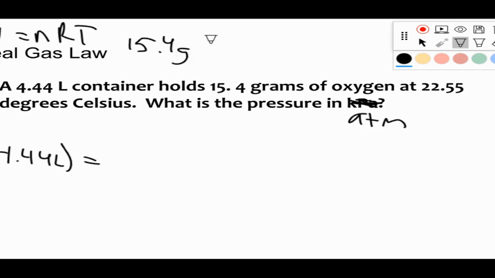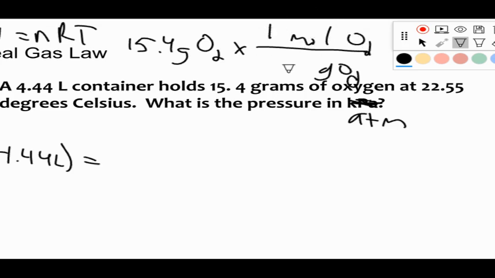So I have 15.4 grams. And when I say oxygen, I'm meaning diatomic oxygen, so O2. If I have grams of O2 here, I've got to cancel with grams of O2 to 1 mole of O2. I'm going to find that from the periodic table. Each oxygen is 16, so 16 times 2 is 32. So then mathematically, I'm going to do 15.4 times 1 divided by 32. My sig figs come from my given, so the 15.4. So it comes out to 0.481 moles. So I'm going to plug that in for my number of moles.